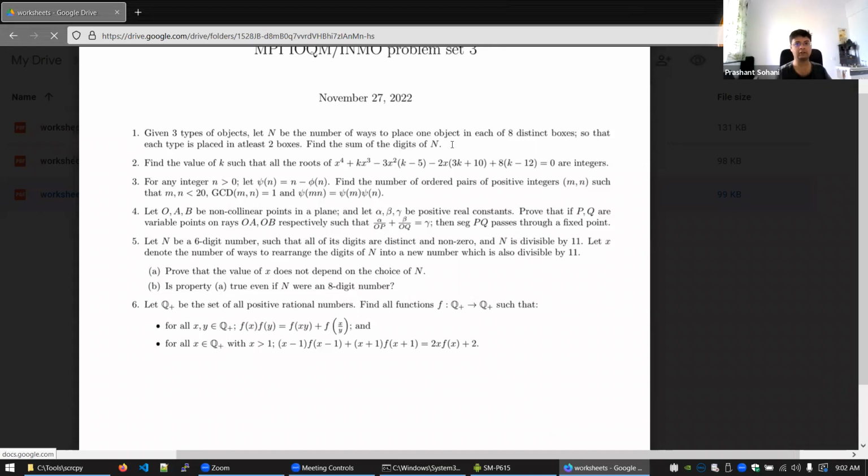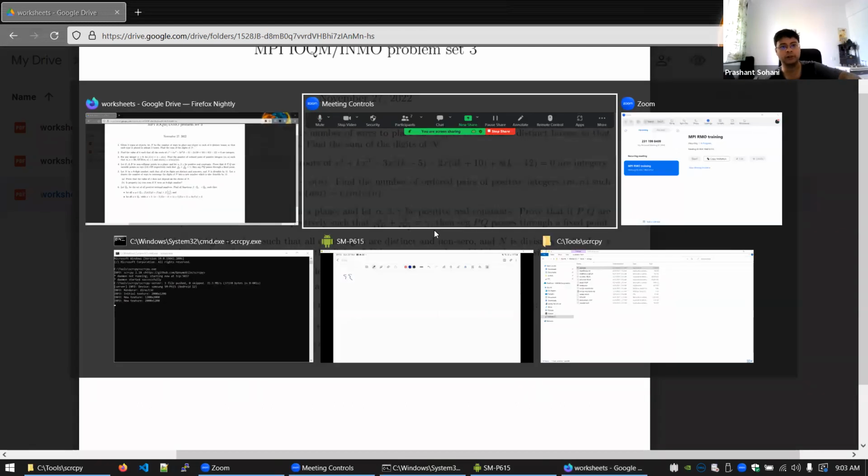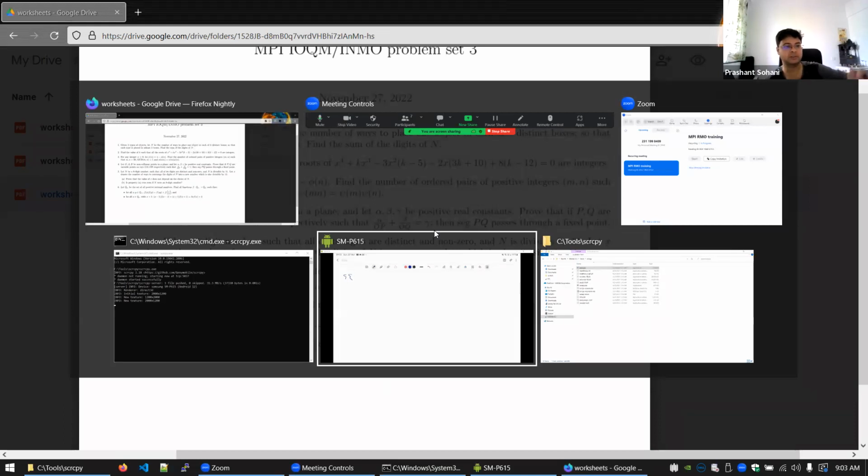So to begin with, we can have, for example, the original question, which was 3 types of objects and 8 distinct boxes. So let us first understand what kind of question this is. Obviously this is a combinatorics question, but there can be many ways to look at the same problem, and they fall into some typical buckets, like distributing objects into boxes. In particular, the way you can think about this problem is that